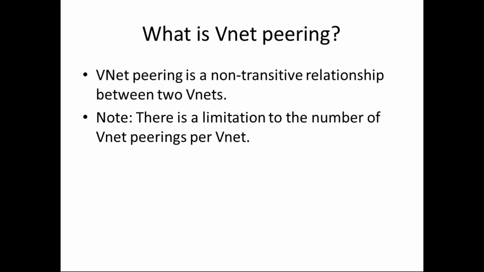What is VNet peering? VNet peering is a non-transitive relationship between two VNets. That means if there's a VNet peering between